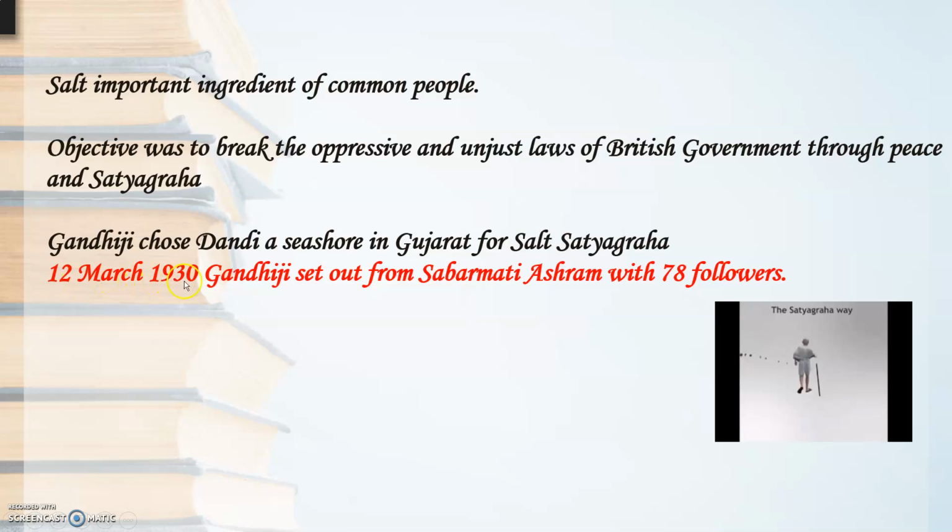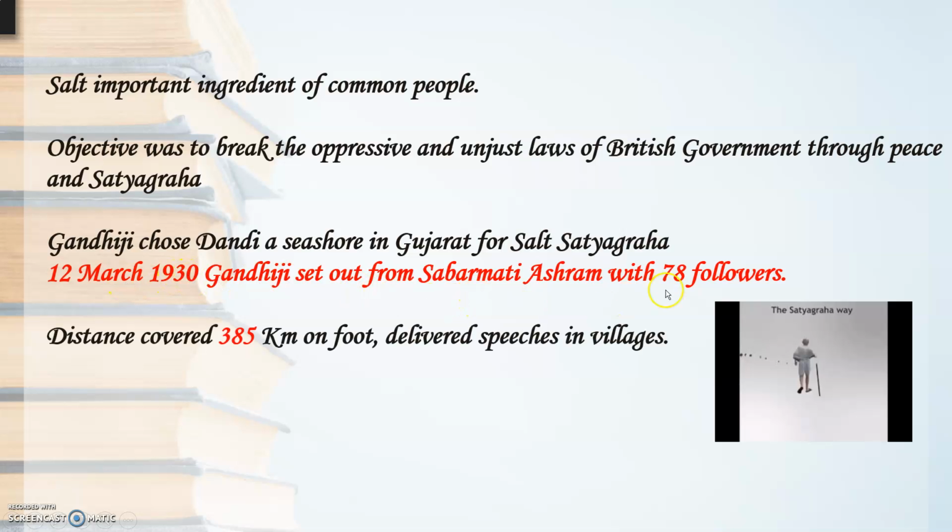On 12th of March 1930, Gandhiji set out from Sabarmati Ashram with 78 followers. We know the place where Mahatma Gandhi was staying was Sabarmati Ashram. So he started this particular rally or march from Sabarmati Ashram to Dandi, a seashore in Gujarat. He started this march on 12th of March 1930 from Sabarmati Ashram along with 78 followers, and the distance covered by him and his followers was